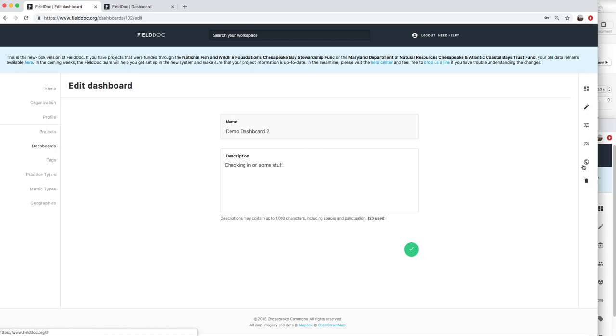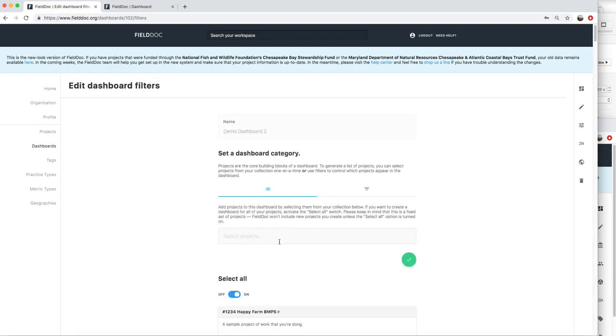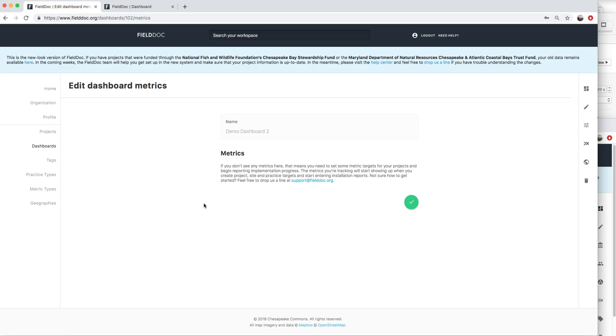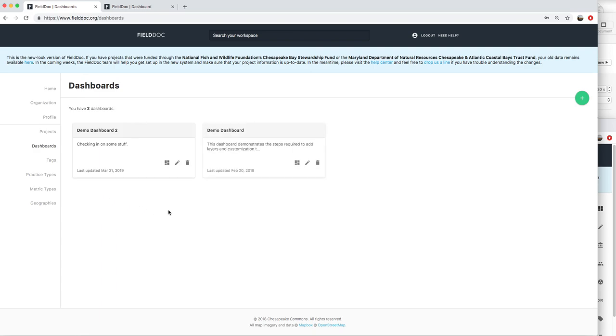So we give you options to add metrics, geographies, and filter categories. You can either choose by specific projects or by funding sources or organizations. You can see what you can search by in the details that we provide you here. And then, if you want, you can select any metrics that you think are important or look for geographies that the funders or you have updated as areas of interest. So what this looks like, if we go back to our main dashboard page,